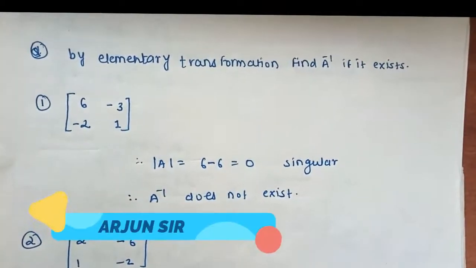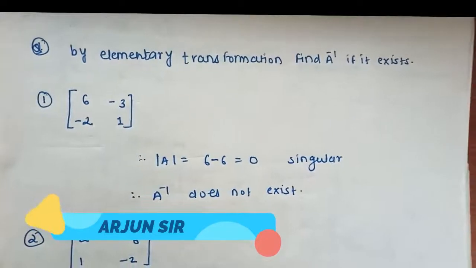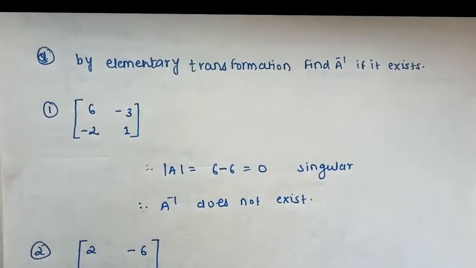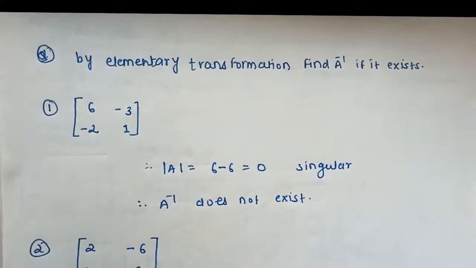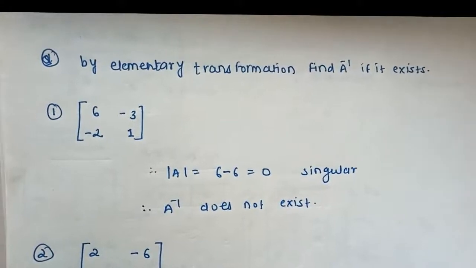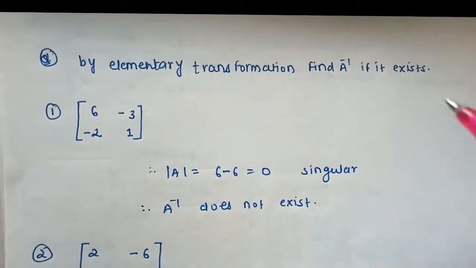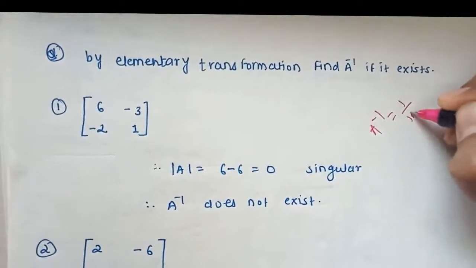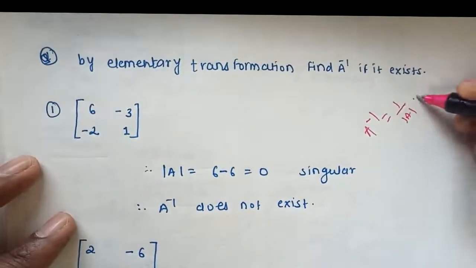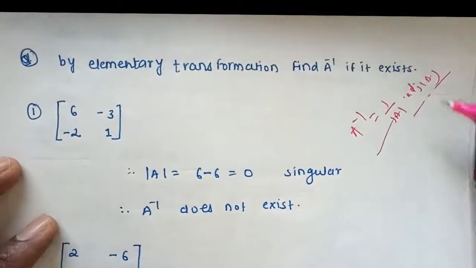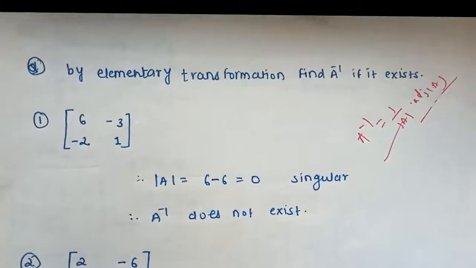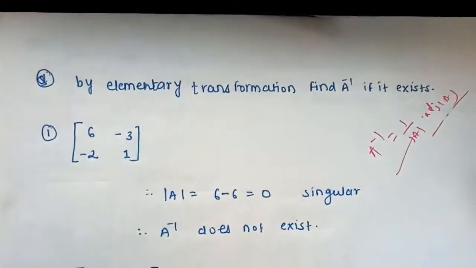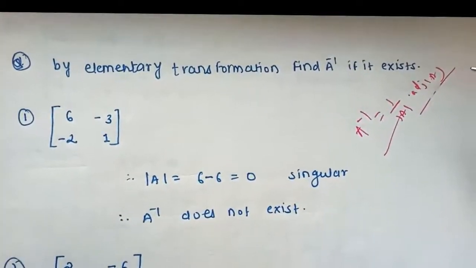In the previous lectures we studied all the basic concepts of both the chapters, like how to find the inverse of a matrix. We studied two methods to find the inverse of a matrix. One is by using the formula A inverse is equal to 1 by determinant of A into adjoint of A. This is the formula, and the other is elementary transformation, where we can use the row transformation, otherwise the column transformation. Then we also studied how to find the adjoint of it,